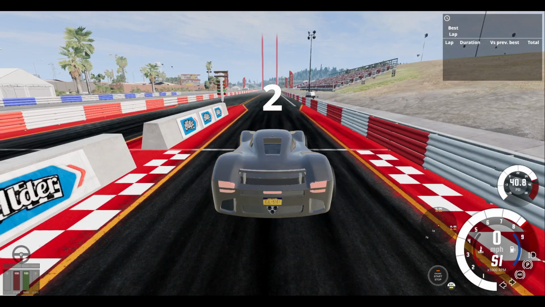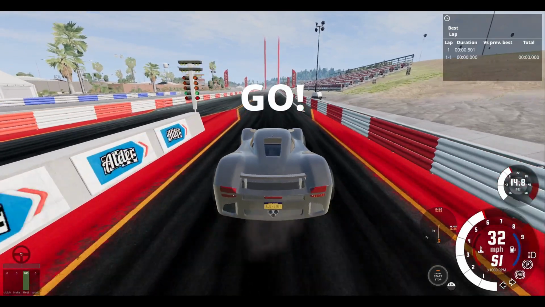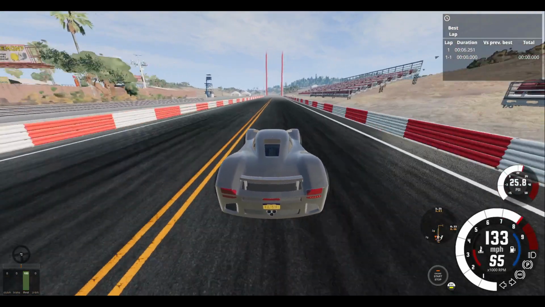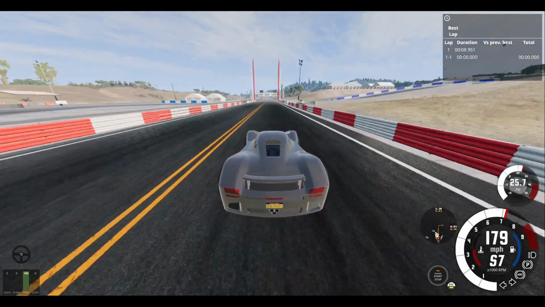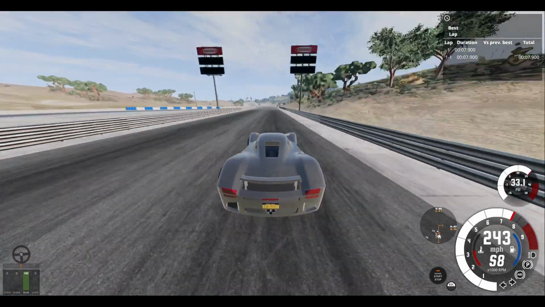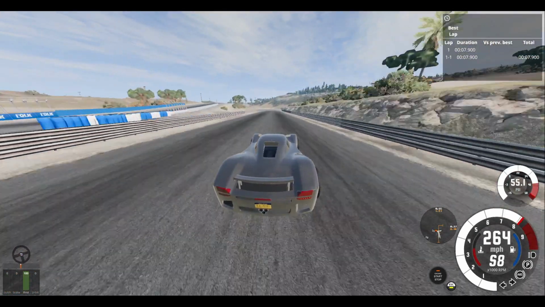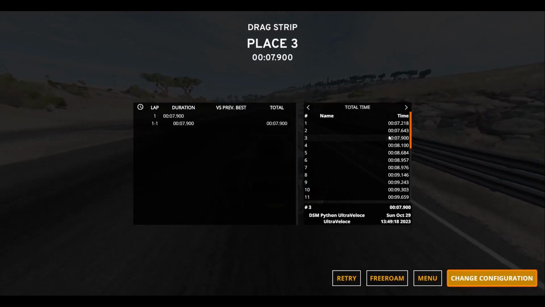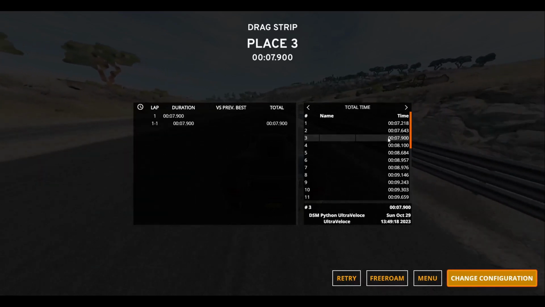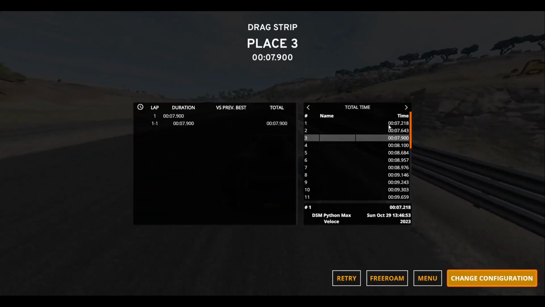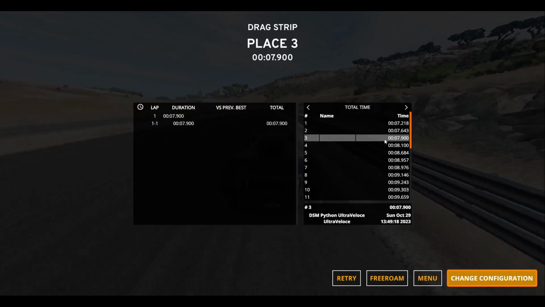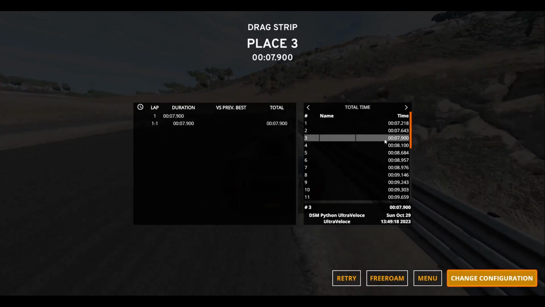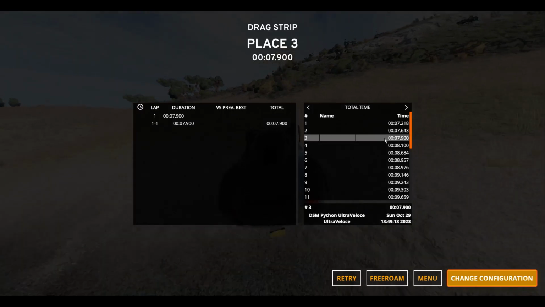Alright, now we have the Ultra Veloce 7,000 horsepower version of the car, and it is super unstable, and now my graphics card is freaking out. But we got 7.9 seconds, so slower than the other one, but not by a whole lot. But probably because this thing just can't keep the power to the wheels, which I'll have to revisit. I'll have to take another crack at it and see if I can make it even faster, because I like the idea of having an insanely powerful engine in a car, but I want to see if I can actually